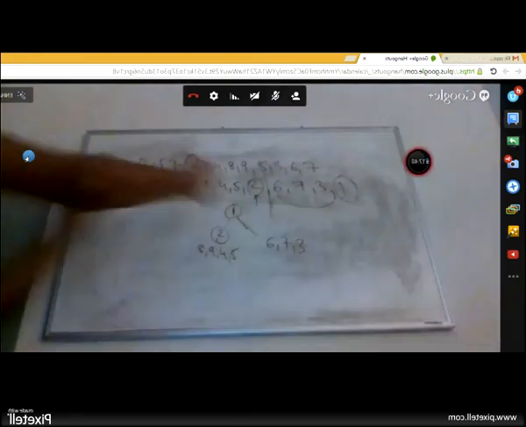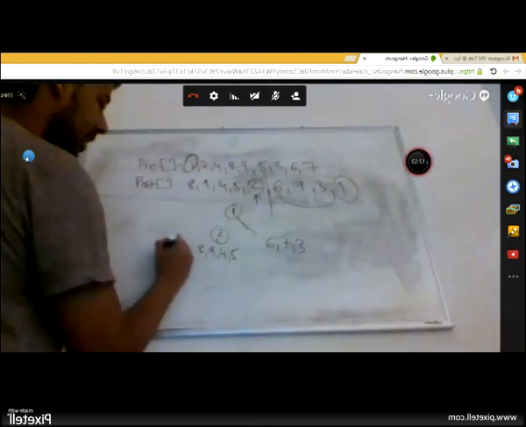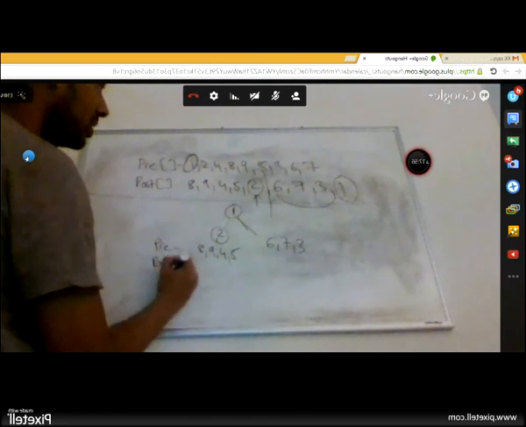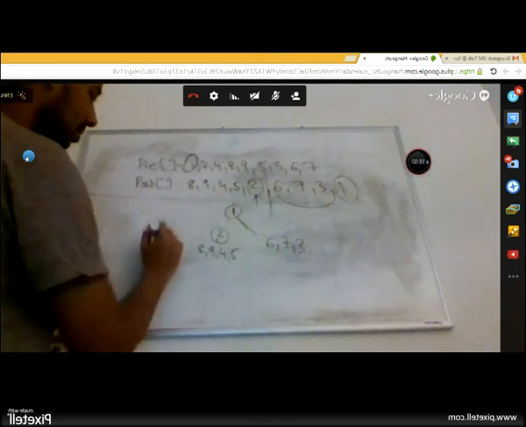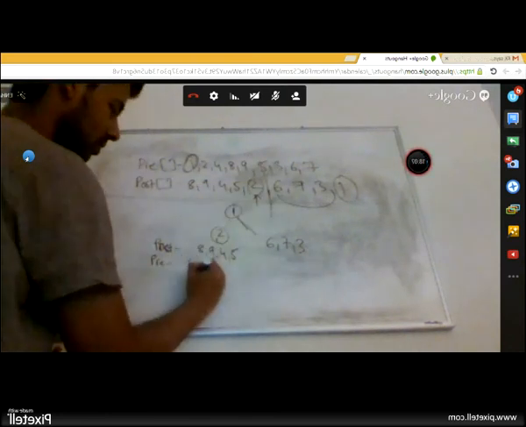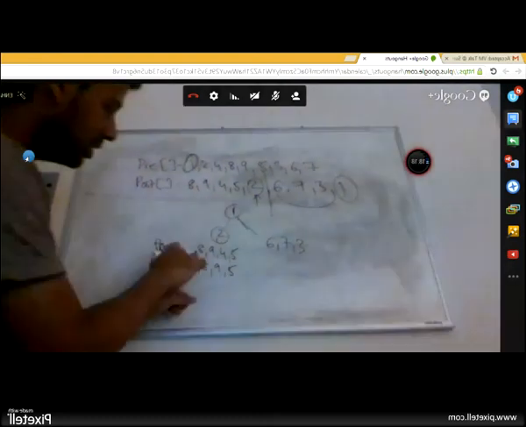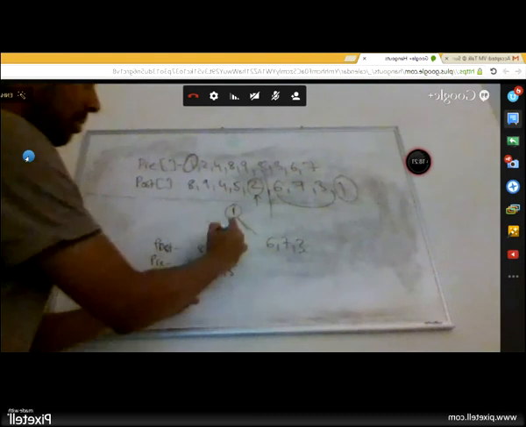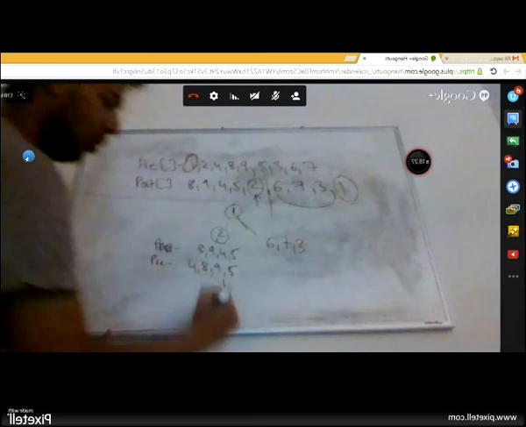Okay, again, repeat the same logic once again. My pre-order traversal is 8, 9, 4, 5. My post-order traversal was 8, 9, 4, 5. My pre-order traversal is 8, 9, 4, 8, 9, 5. So take my pre-order traversal and apply the same logic again. So this should be 1, 2, 4.